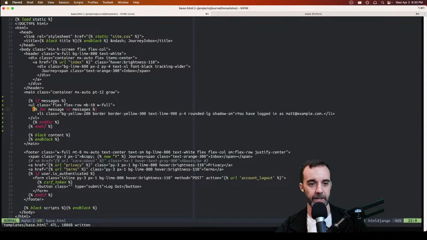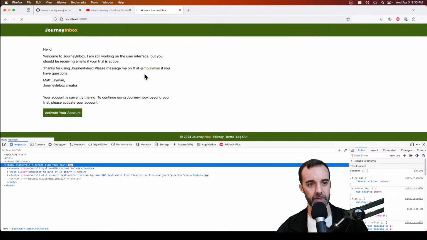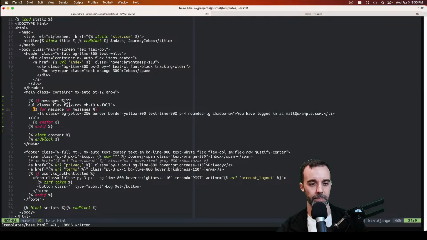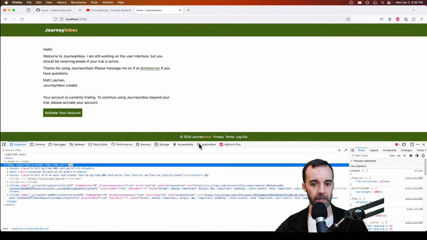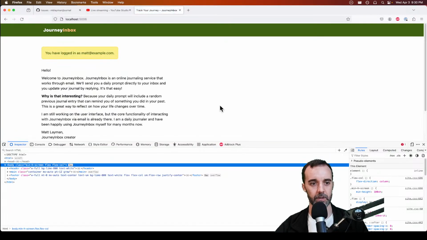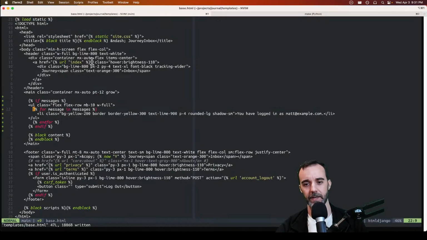Okay, so now we've got that. So what should happen is this should go away because there's no messages here. So let's try and make a message. Let's log out. Oh, good. We already have an example. This must be the old one that was there that never fully processed. So we have logged in as matt@example.com. That was the old message. Oh, you know what it is? No, it's not, because I never changed it. So this needs to be,